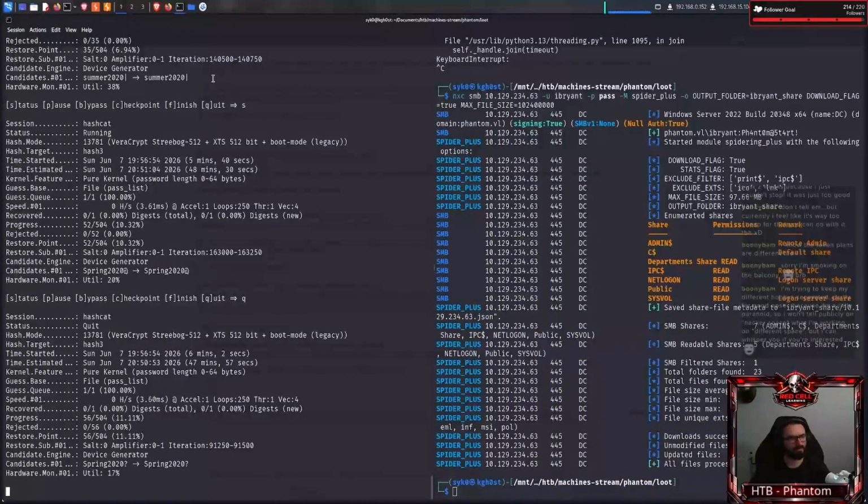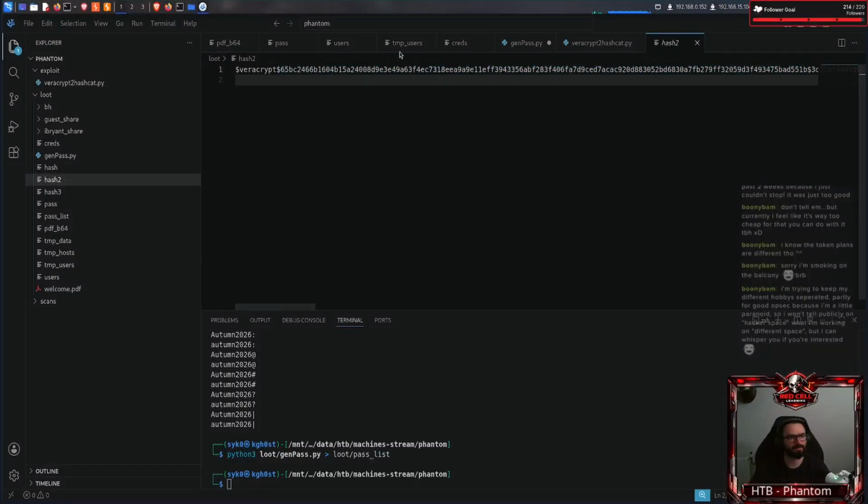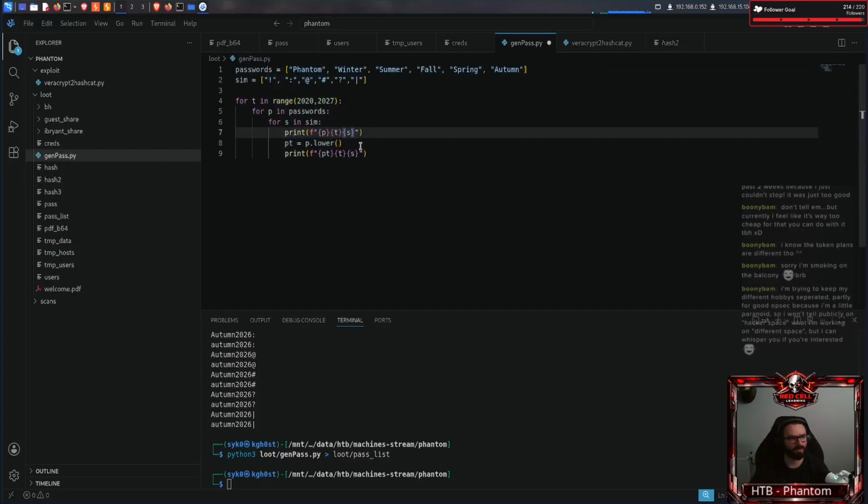Yeah, it's just annoying. I don't want to keep you guys just waiting there. So let's do 2023. When was the machine released? 2025. So let's do 26 and let's just use